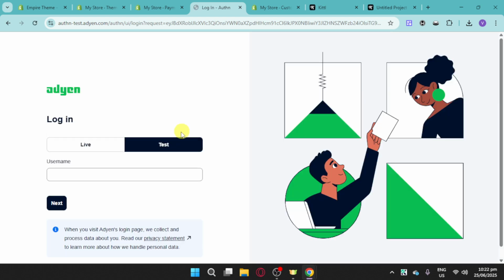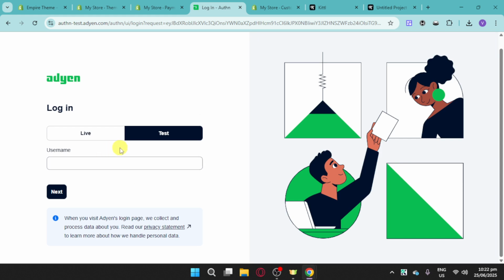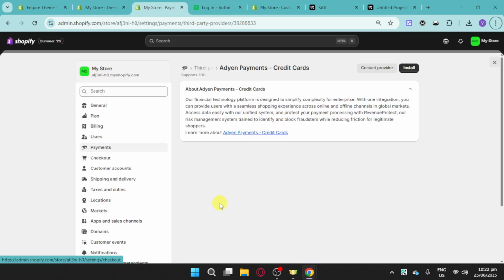This will prompt you for the authorization, for the authentication, and you should be able to use Alien once you're done with this. In here, this will prompt you to log in, and also you can choose a live option based on this part. Once you have successfully connected the payment provider,